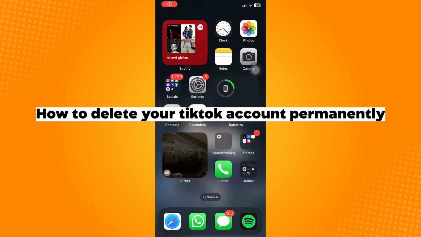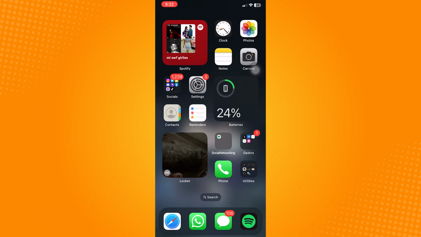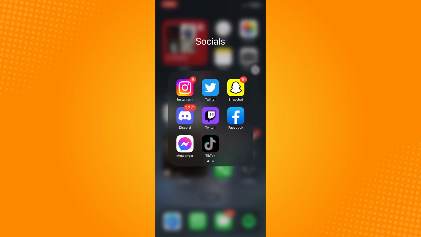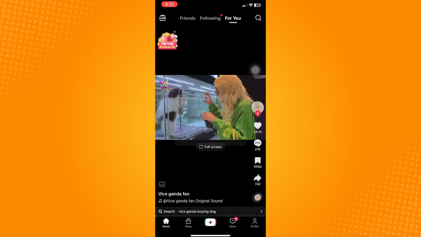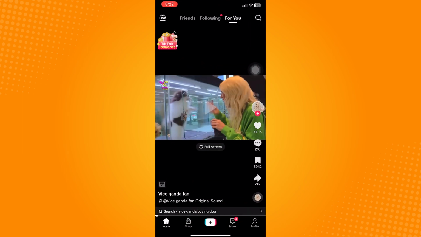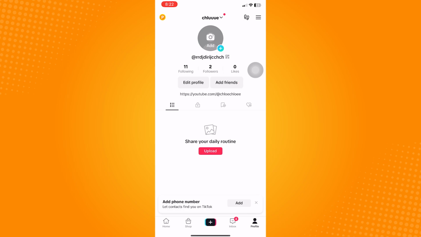How to delete your TikTok account permanently. So go ahead and open the TikTok application. Once you're in the TikTok homepage, go to your profile tab. In here, hit on the three lines icon on the upper right corner of the page, and in this window,